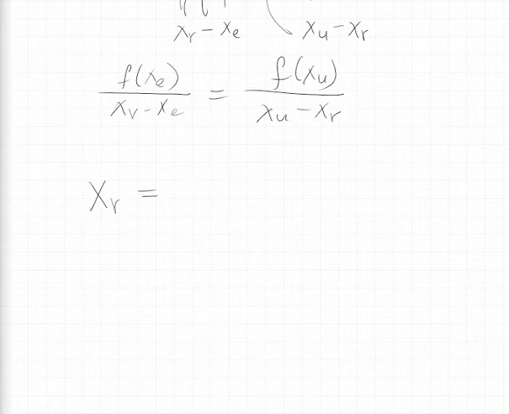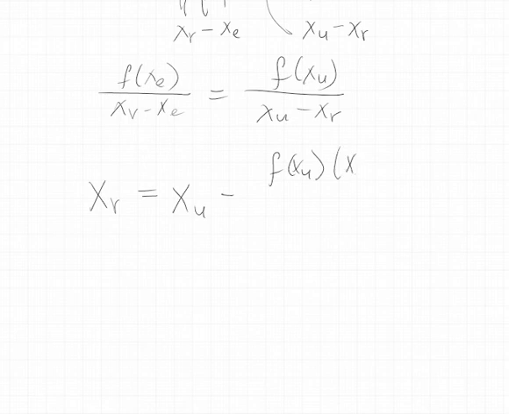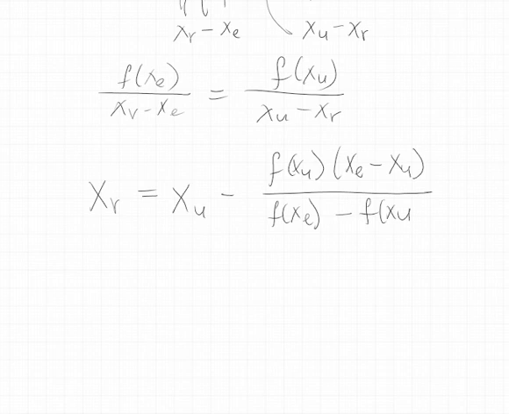Then the final will be this one: xr is equal to xu minus f of xu times xl minus xu, all over f of xl minus f of xu. So this will be the formula